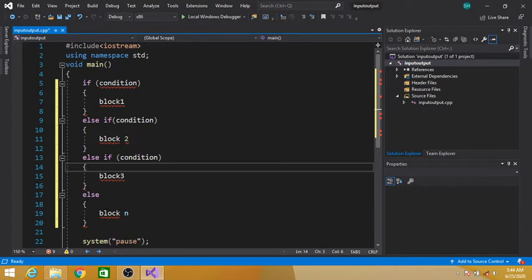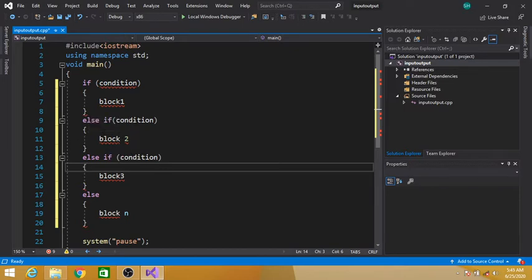Once again, if the condition is true, then block 1 will be executed. The statements under the if block will be executed. If this second condition is true and the first condition is false, then the control will directly jump to else if and check this condition. And if this condition is true, then block 2 will be executed. The statements under this else if will be executed.